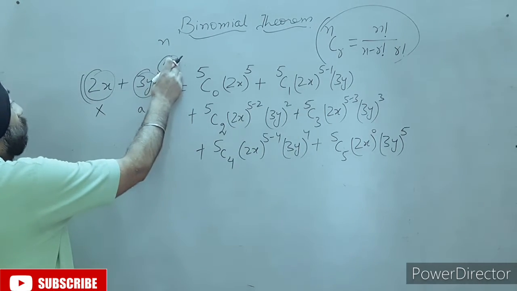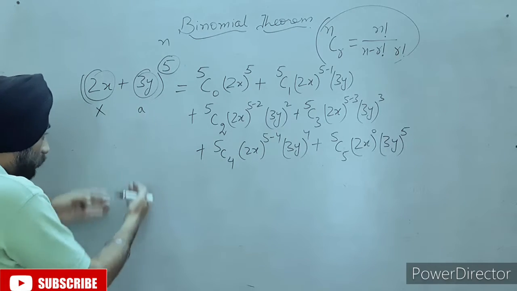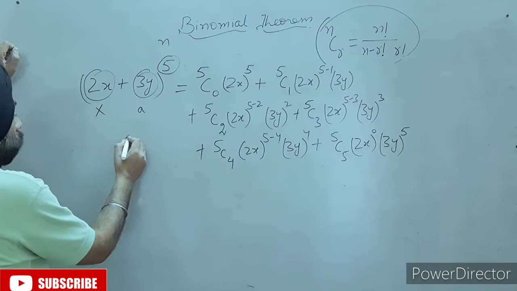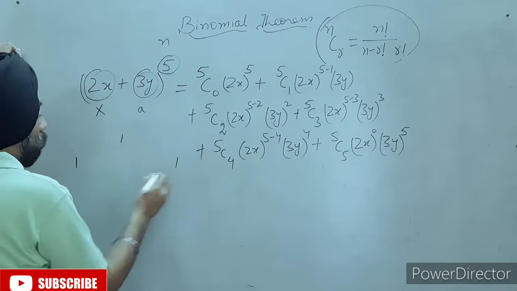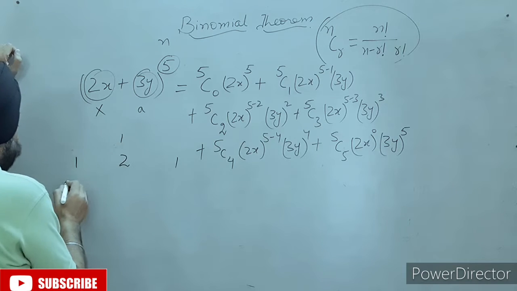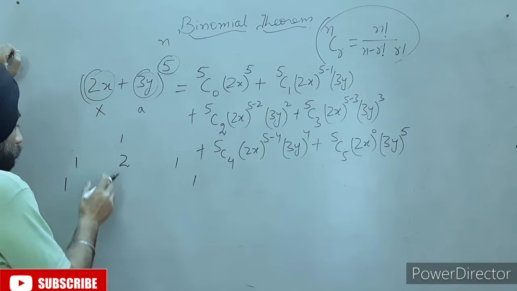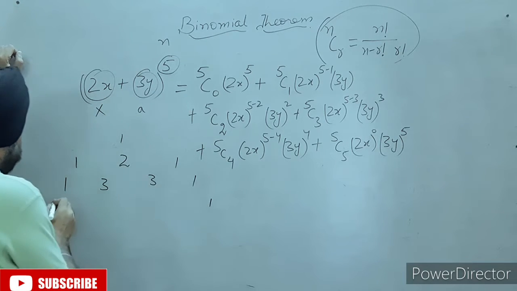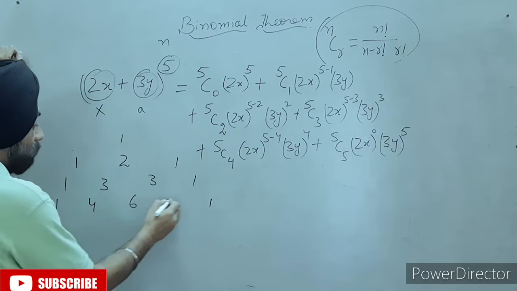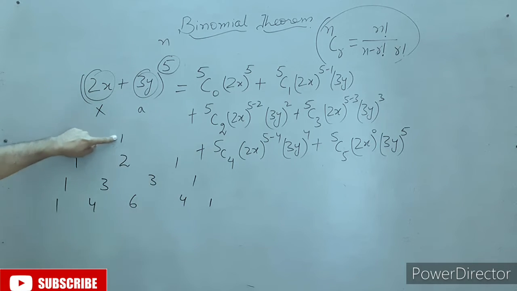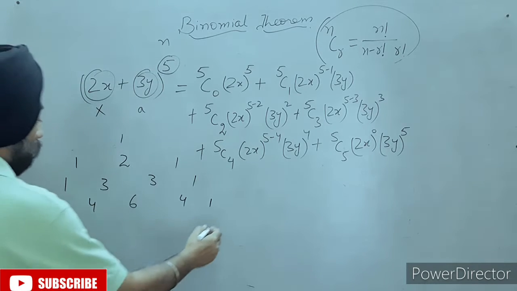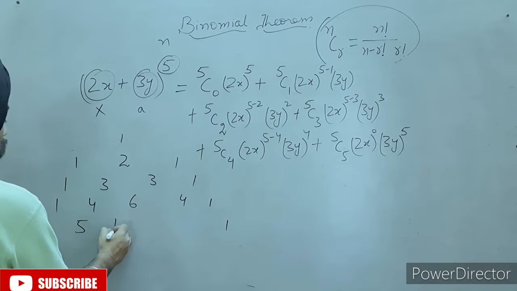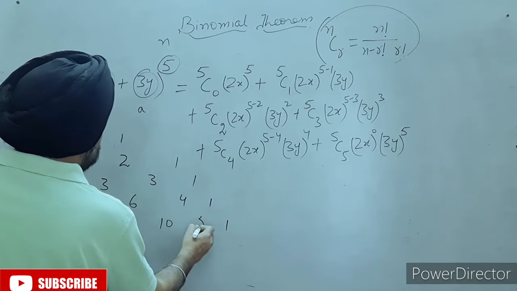Now we have the index as 5, so we will move 5 steps in Pascal's triangle to calculate the coefficients. Look here, put a 1 here, 1, 1. 1 plus 1 is 2. Put a 1 here and a 1. 2 plus 1 is 3, 2 plus 1 is 3. Again 1, 1, 4, 6, 4. How many steps have we moved? 1, 2, 3, 4. Now the last step. Because the index is 5, I get 5, 10, again 10, and again 5.